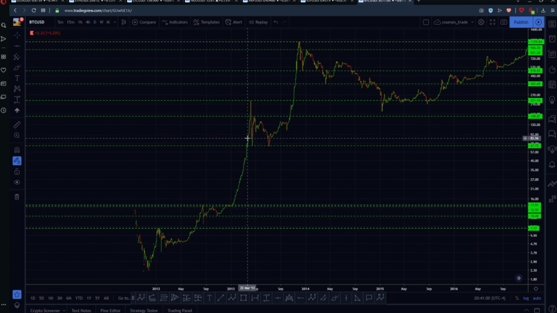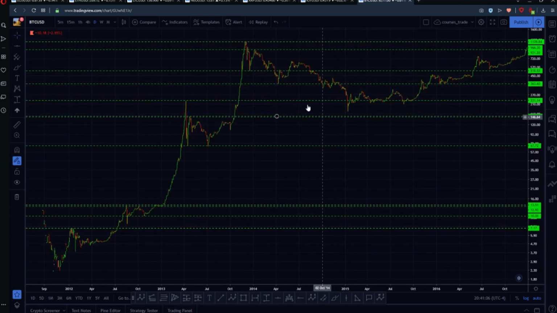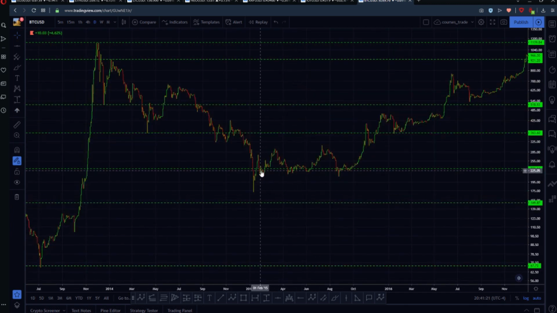Important 2019 bull trend here. This top represents the floor, so we can say this is a very important resistance. I mean, support on the way down. It was a very important resistance on the way up. Now this zone of support did react because we had enough demand on this zone to react and eventually create